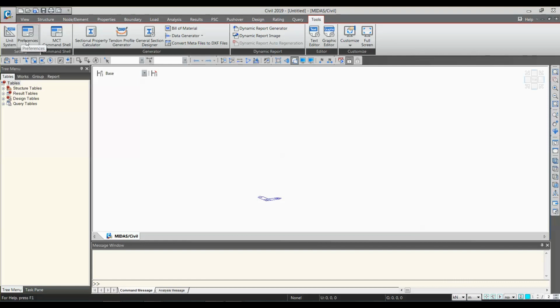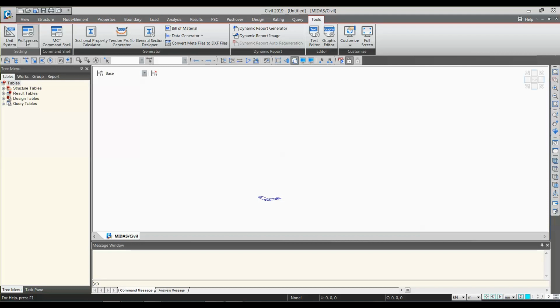Okay, then there are preferences, where you set the preferences of your codes, what design codes you prefer, or what material codes you prefer. So this is only preferences. This is not like, if you choose here IRC or IS, you may not see other codes. This is not the thing, these are just preferences.